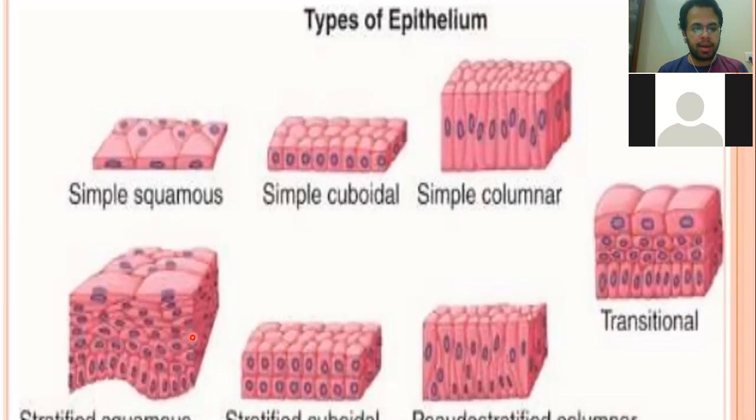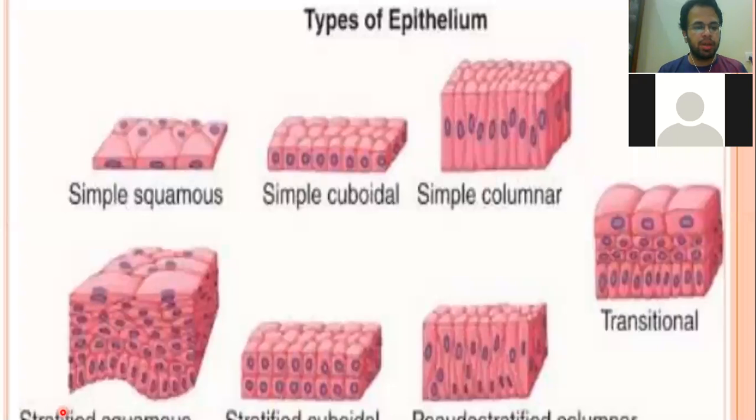Then if you look at this epithelial type, you can see that there are multiple layers of cells. Why? Because that is a nucleus layer, that is another nucleus layer. If you look at the innermost layer, this is somewhat like the columnar shape. But if you look at the topmost layer of that stratified epithelium, it is like the squamous shape, right? So you haven't said that this is a stratified columnar. You are saying that this is a stratified squamous because you are naming the stratified epithelium depending upon the shape of the topmost layer of the epithelium, which is of the squamous shape.